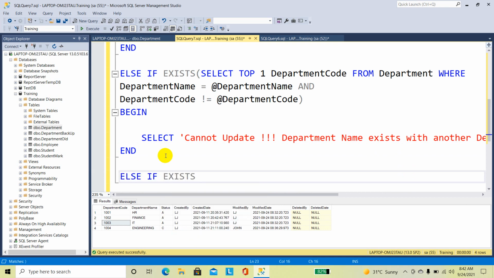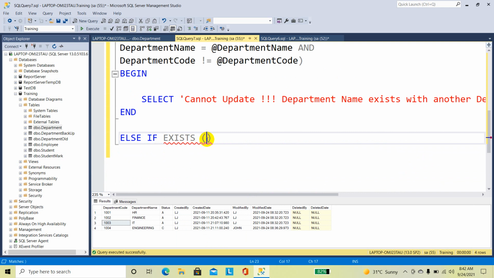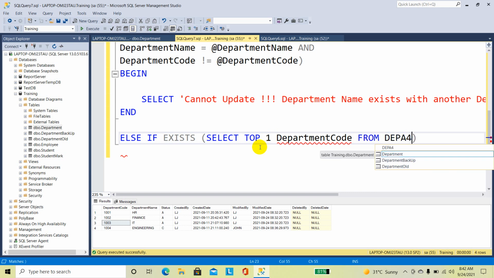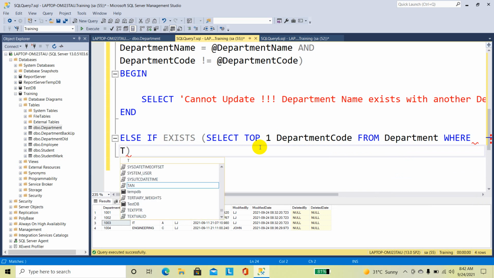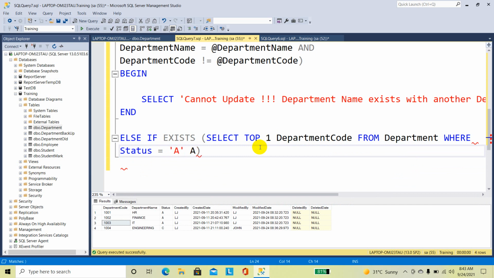else if exists, select top one department code from department table where status is equal to A and department code is equal to @department code.